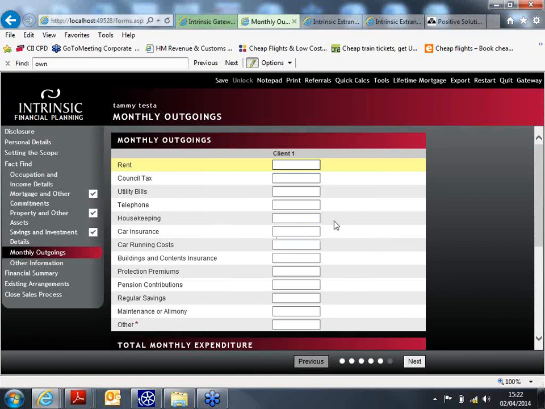And this is where you would put details of the client's monthly outgoings. Now you can do these two ways. You can either take these on a separate basis, so you could complete them all separately based on a bank statement if they've given you that, or you can just total them all up and just pop those in the other column at the bottom. As you can notice on here, it doesn't include the mortgage, and the mortgage has already been taken into account from the previous screen, so this is purely additional monthly outgoings, so just your general sort of utility bills, etc. So if we just say that she's spending about £1,000 a month,